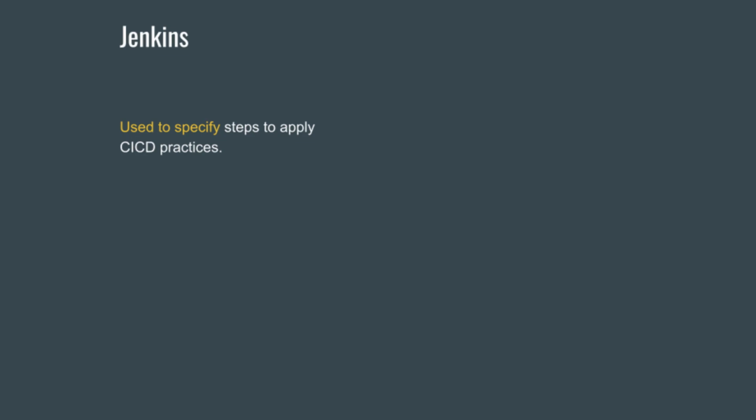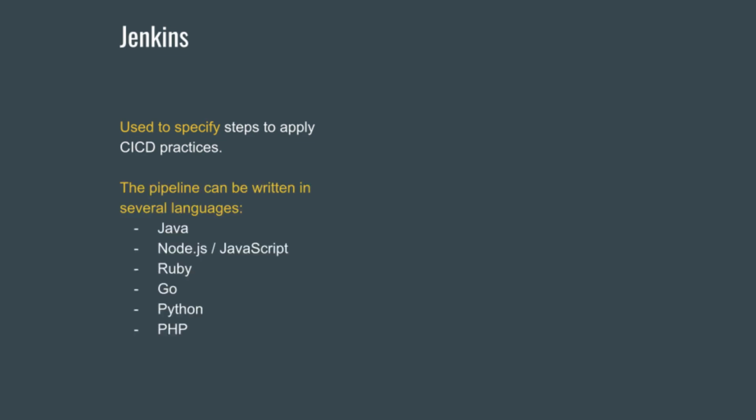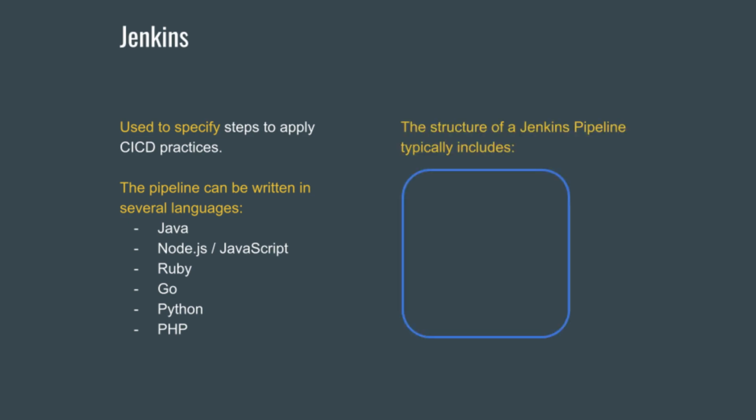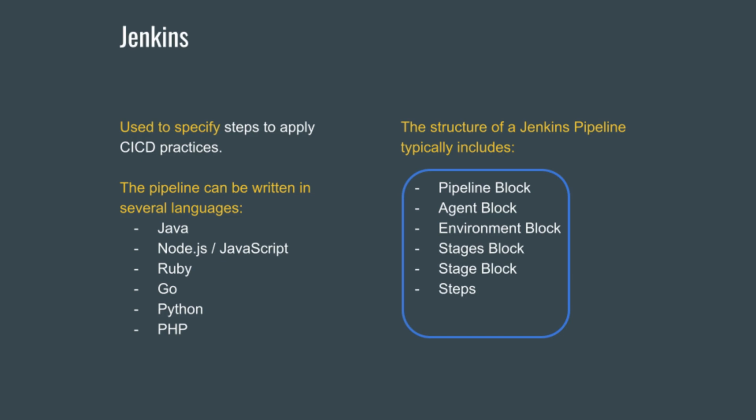Jenkins is used to specify steps to apply CI/CD practices. The pipeline can be written in several languages: Java, Node.js, JavaScript, Ruby, Go, Python, or PHP. The structure of a Jenkins pipeline typically includes pipeline block, agent, environment block, stages block, stage block, steps, and post